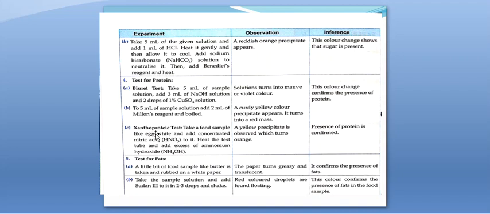Test for fat. A little bit of food sample like butter is taken and rubbed on a white paper. The paper turns greasy and translucent, which confirms the presence of fats. So in this way we can learn some of the experiments; tests for presence of water and presence of minerals can also be done. With this we complete the chapter of digestive system,